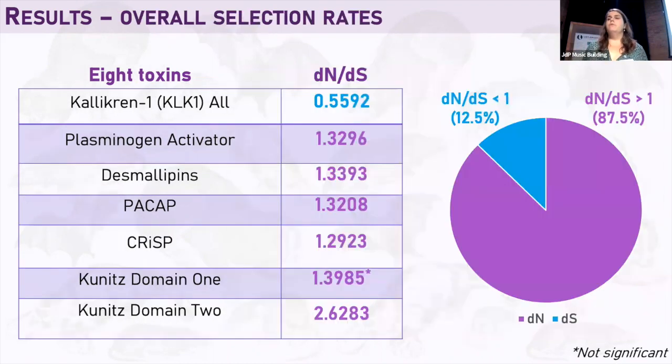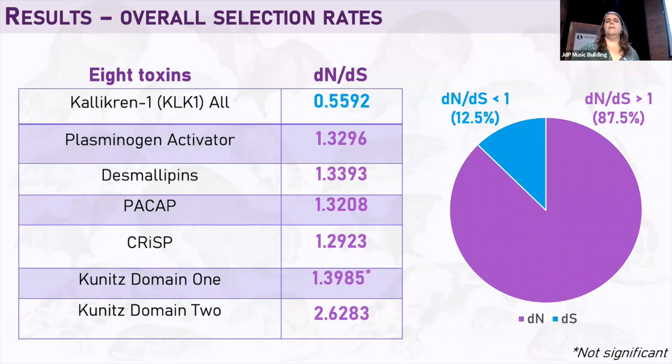So what are those overall rates? Well, yes, that hypothesis was proven: the majority of mammal toxins are evolving under diversifying selection, with the exception of the calichrome 1, which is evolving under a very intense purifying selection. So as of 2022, and as of these results, we know that yes, mammals do fit in this 2-speed model,